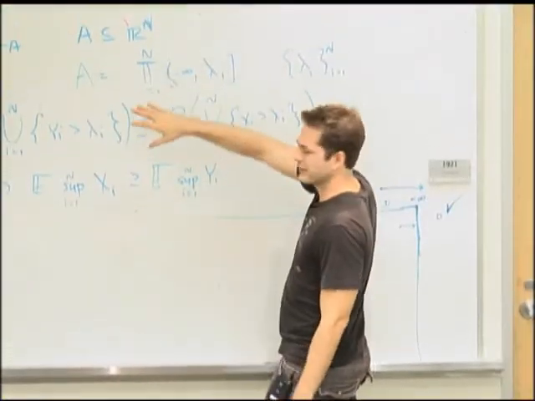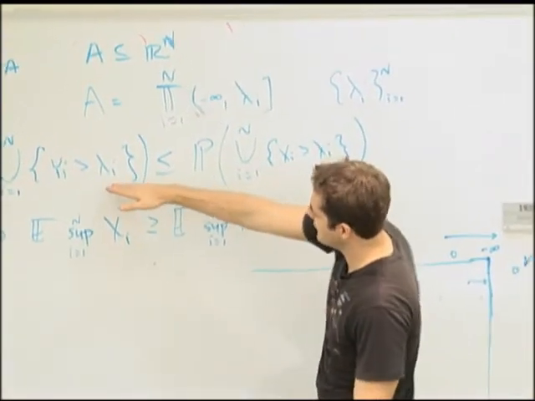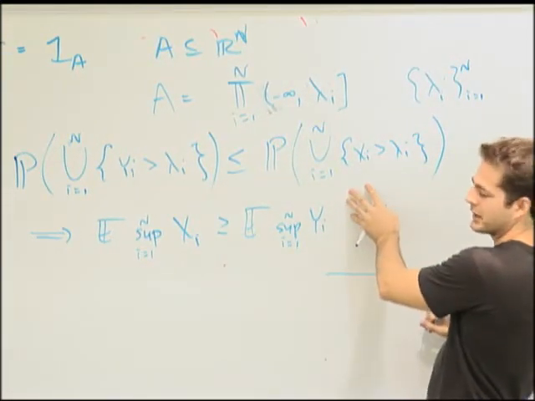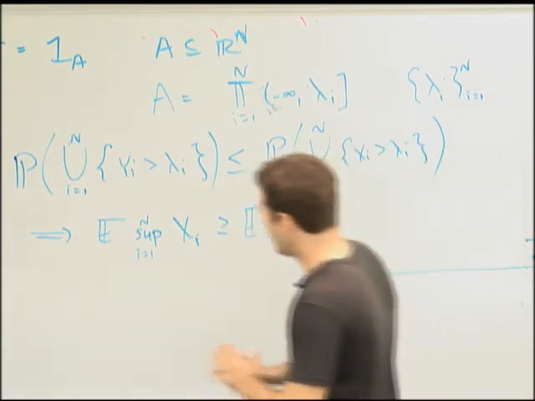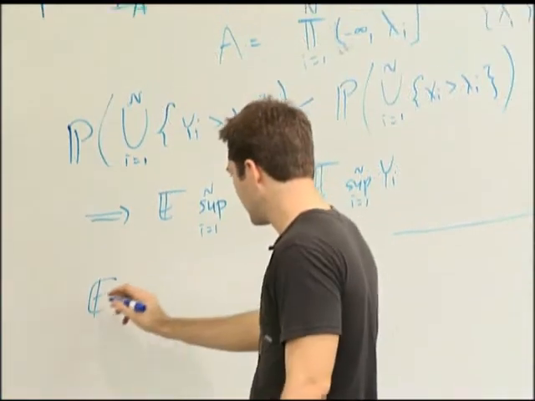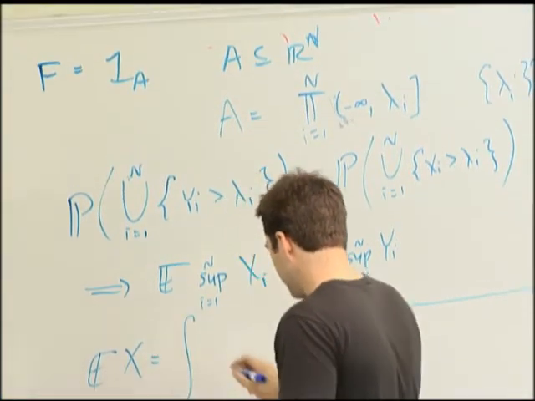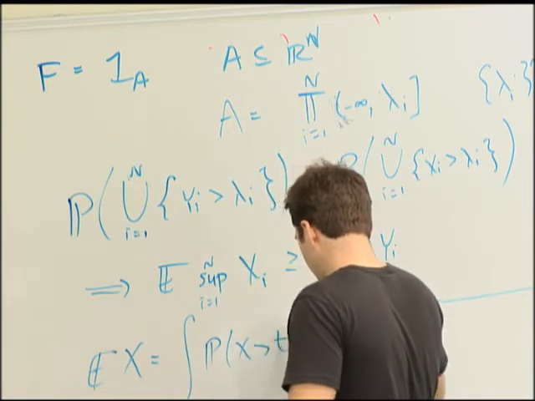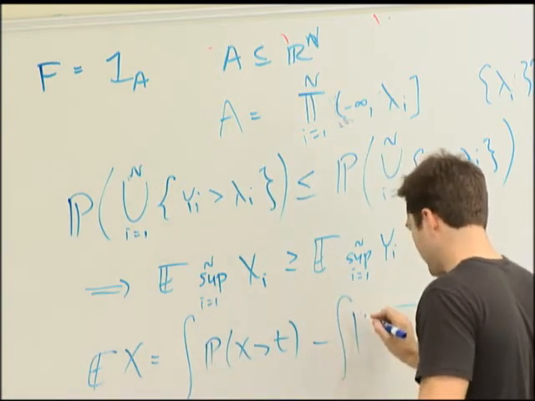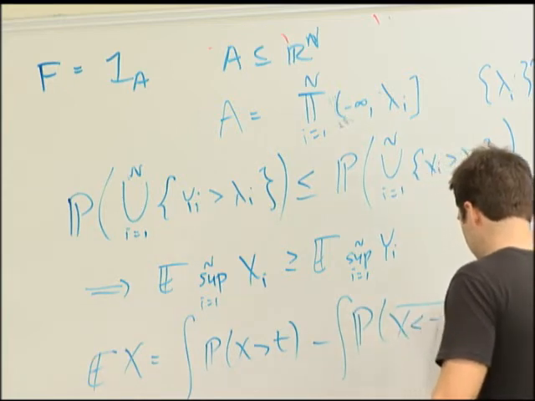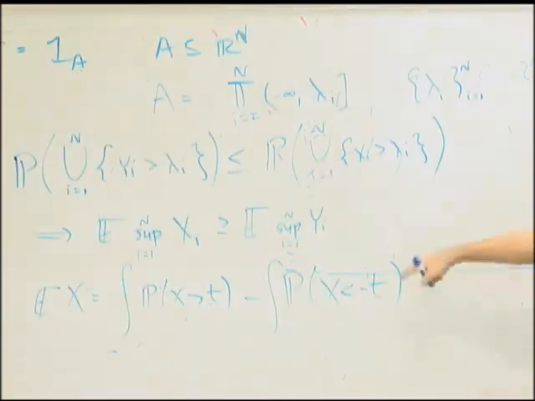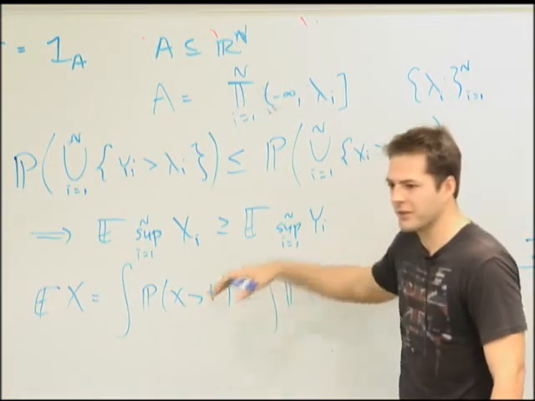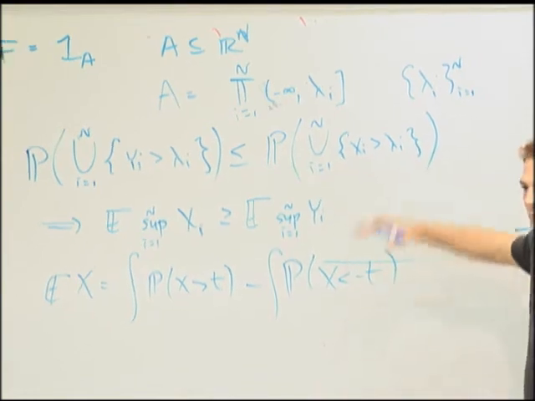But yeah. So you do this, and then you switch again to the complement, and you get that the probability that this thing is big is less than the probability that this thing is big. And then this follows. If you want, you can write the expectation like this and see that all these things give you that point-wise, these for the x's are bigger than for the y's, and these for the x's are smaller than for the y's.